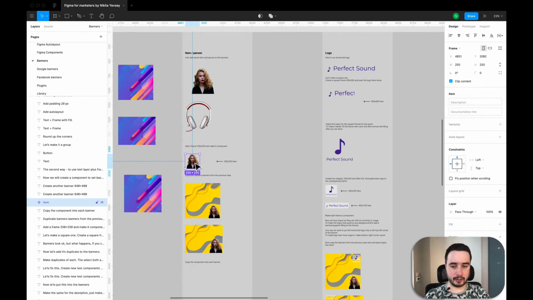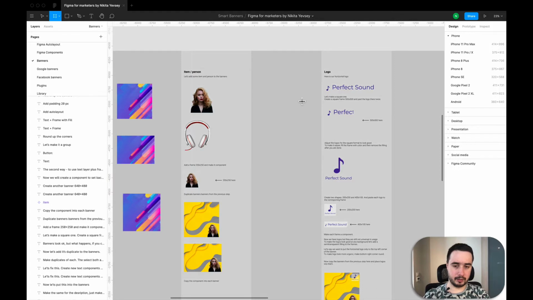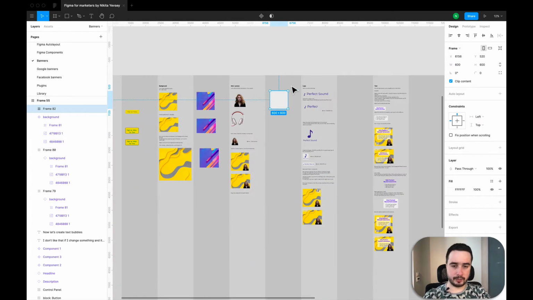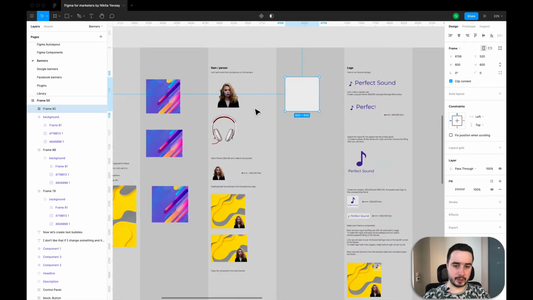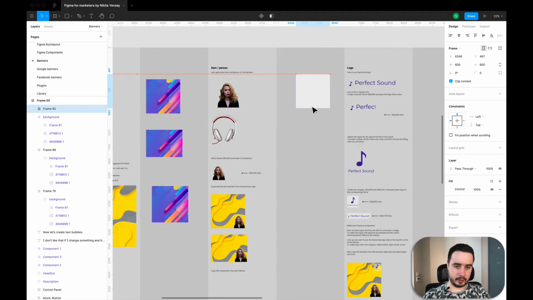That's why we created a small component for the item, but in my example I'll create it 600 by 600 again. So if you have that big item or an object, you can use it even in your Facebook story banners. Okay, so I created a frame and I will make it a component